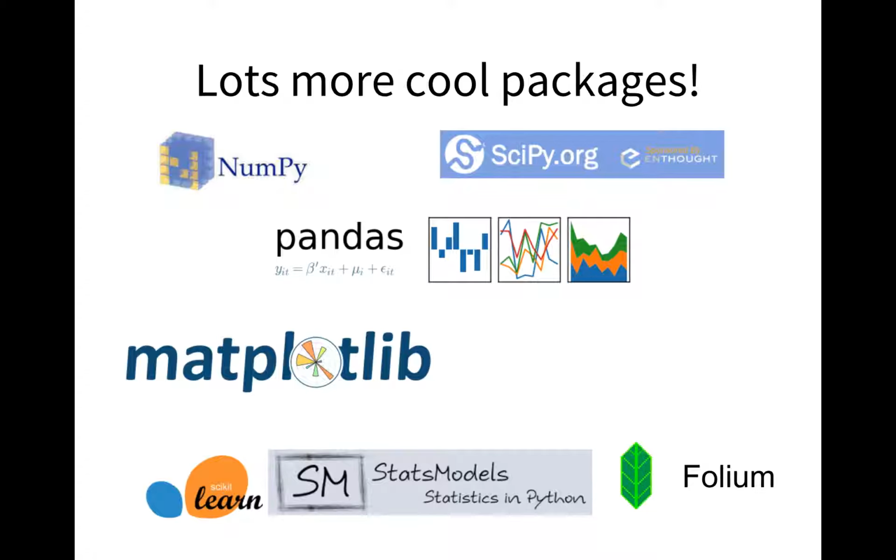Matplotlib is the big thing for graphing, so we're actually almost all going to touch something about Matplotlib, like some little data visualization, some dots, some lines. Folium is the one for mapping. Statsmodels is another way to do it, like all kinds of regressions. And then there's scikit-learn and TensorFlow. That's the really sexy thing right now, machine learning. Those are just a command line away. Once you're in a Jupyter notebook and you've got your data set in there, you could be applying machine learning to it in a few more lines of code.